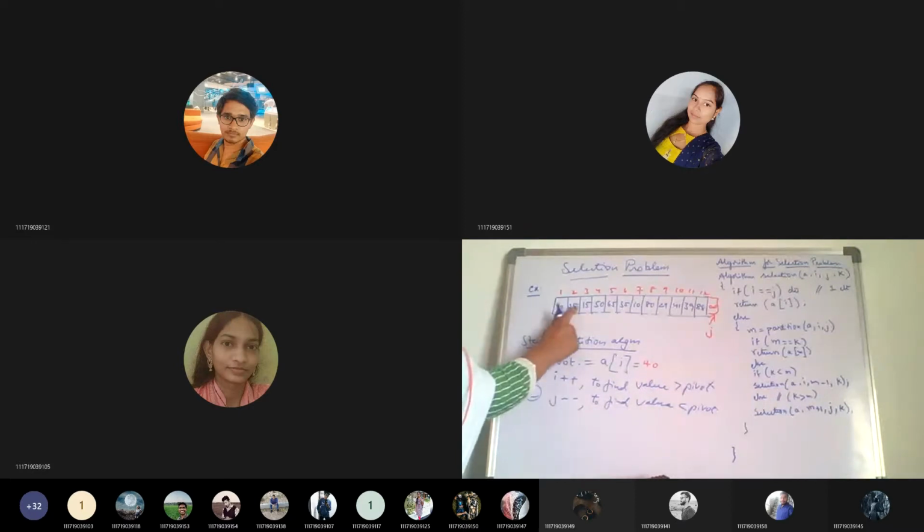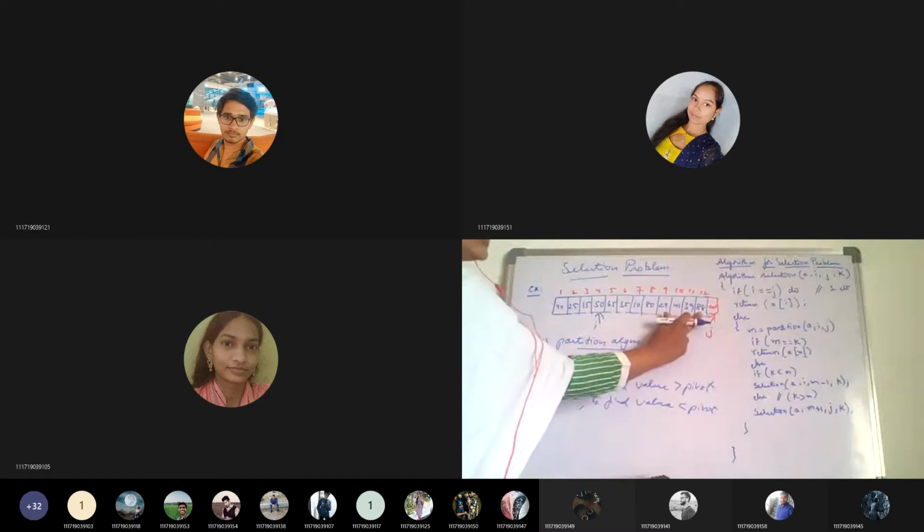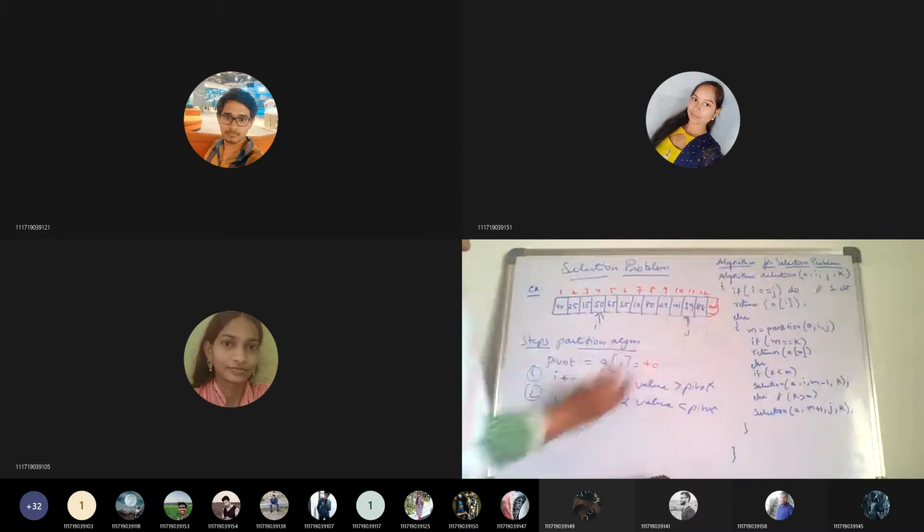Is 25 greater? No. 15 greater? No. 50 greater? Yes. So the i pointer will be here. Similarly, decrement j until you find a value less than pivot. Is 88 less than 40? No. Is 39 less than 40? Yes. So this will be j now.